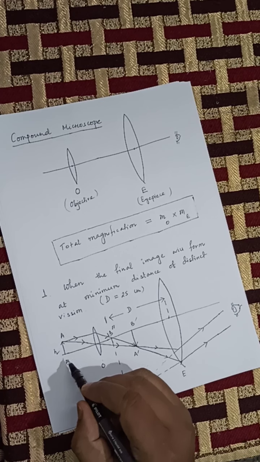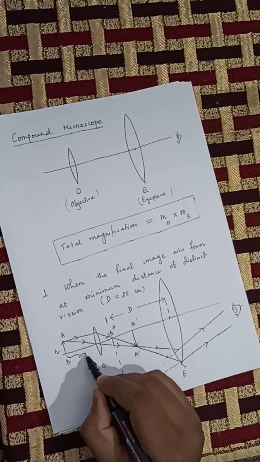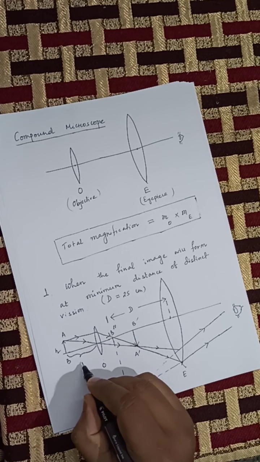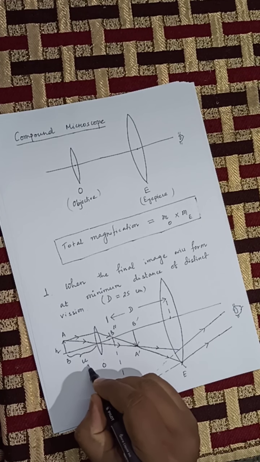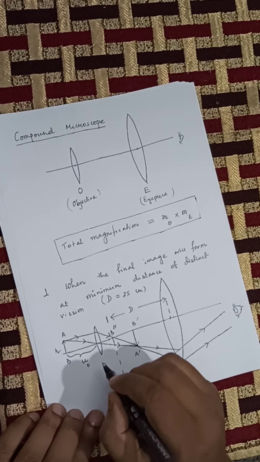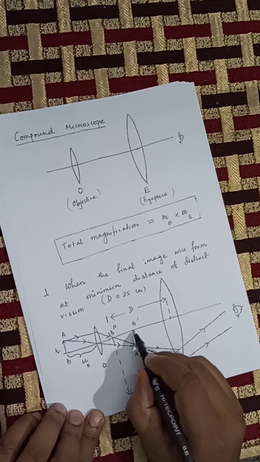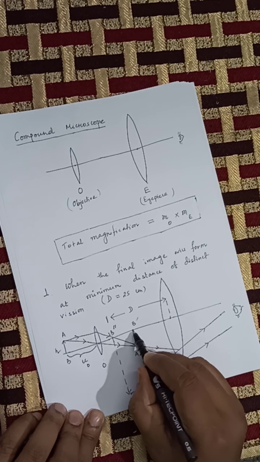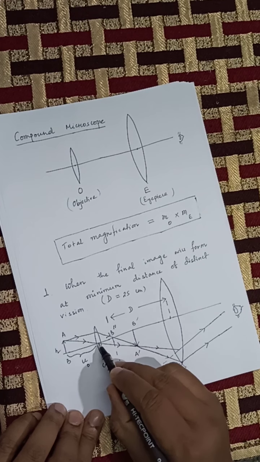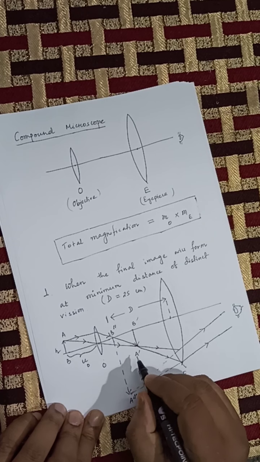Here, for the objective lens, this is the object distance. And the distance from the optical center of the objective lens to B dash,